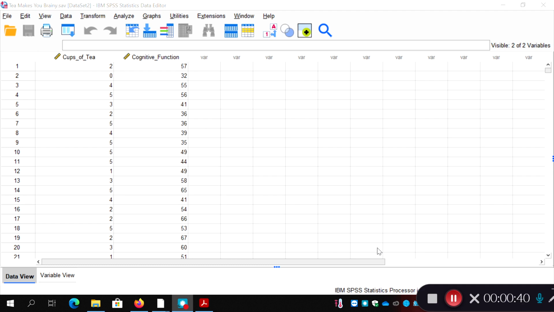The basis of the analysis we're going to run on this kind of data set is the idea that we're going to see if we can predict someone's cognitive function, how well they're functioning, based on how many cups of tea they drink. The general idea is the more cups of tea you drink, probably the more caffeine in your system, the more alert and the better your cognitive function. So it's probably a made-up data set, not real research in any sense, but useful to illustrate how we would run